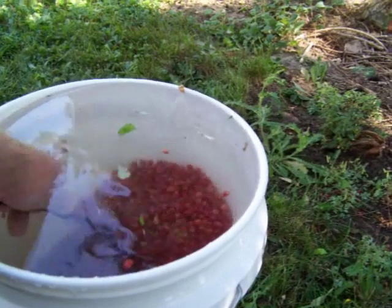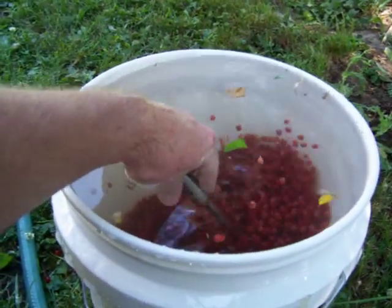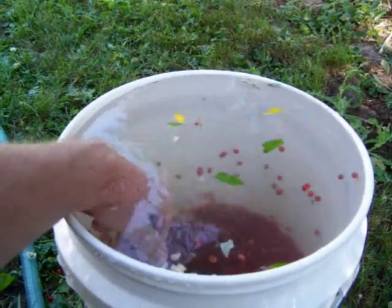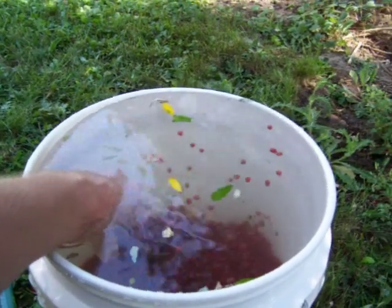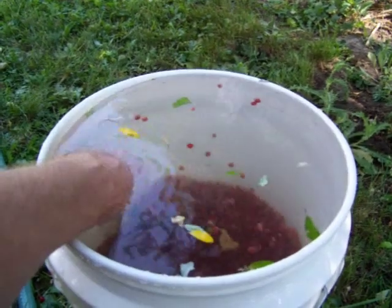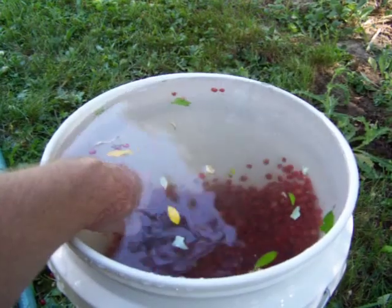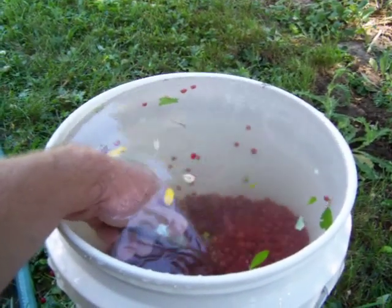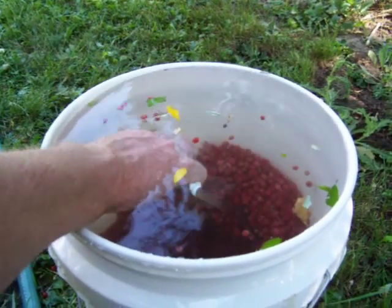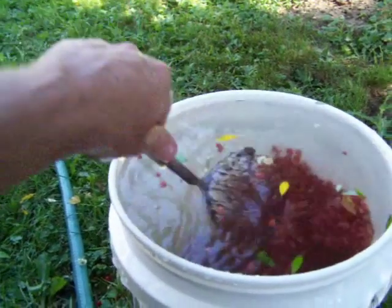I just give these berries a little stir down in there, and that loosens up the leaves and lets them float to the top. I'm not sure why some of these berries are floating. I don't know if it's because they aren't quite ripe or what, but I figure I'll just get rid of those too and see how it turns out. Once I get them all nice and clean,